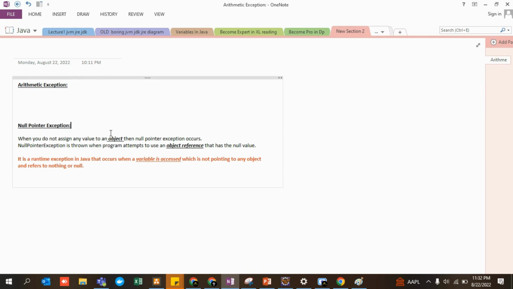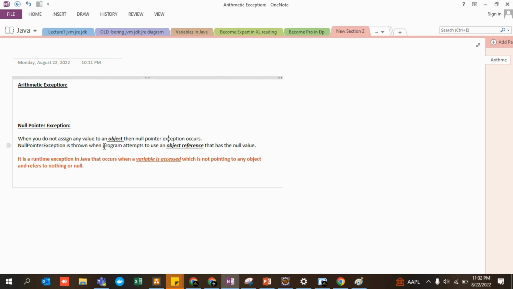By definition, please try to understand, this is the crux of this lecture. Null pointer exception occurs when you do not assign any value to an object. If you do not assign any value to an object, your null pointer exception is going to occur for sure.